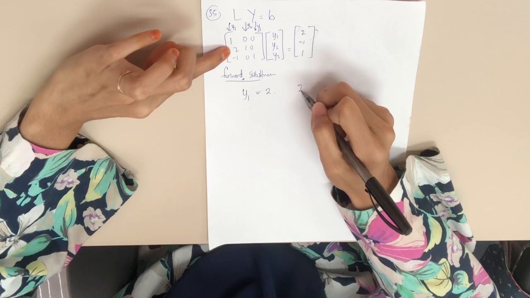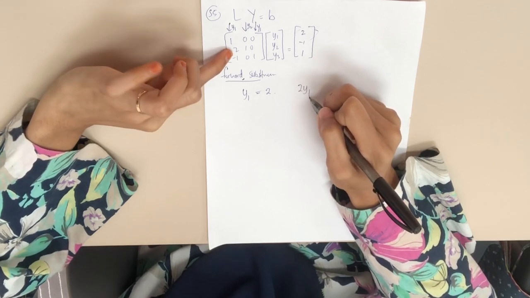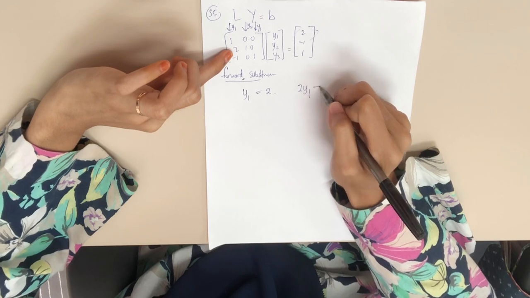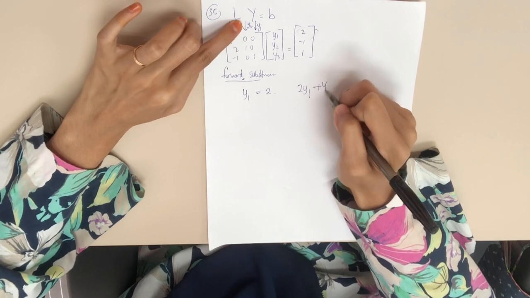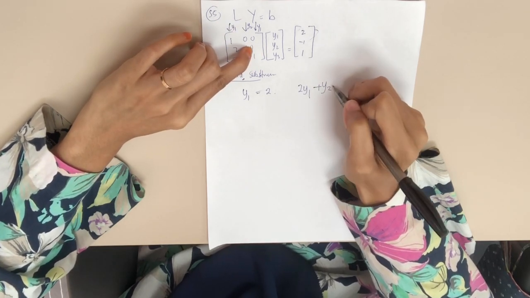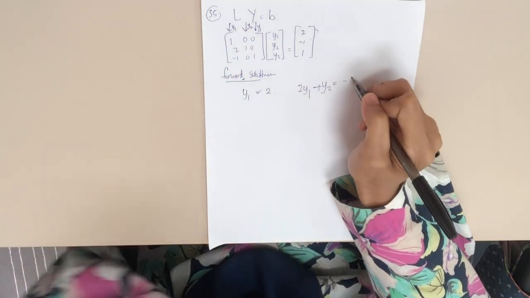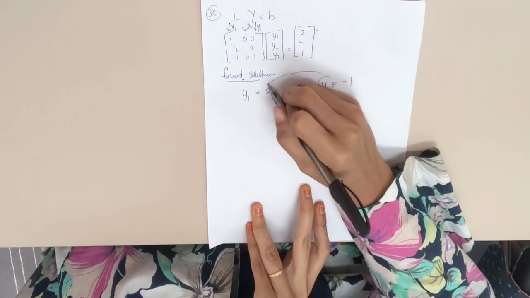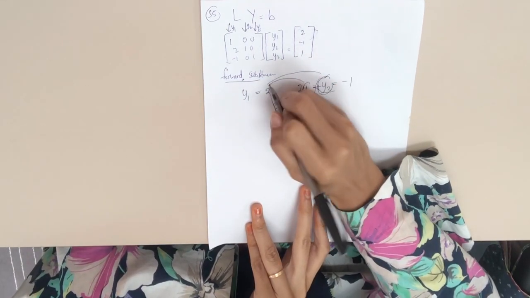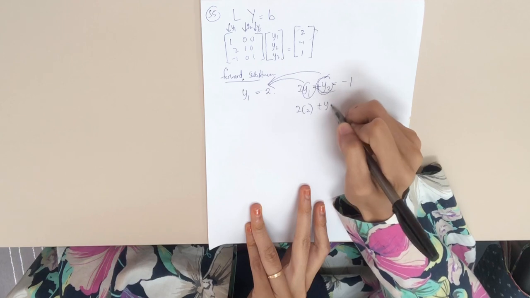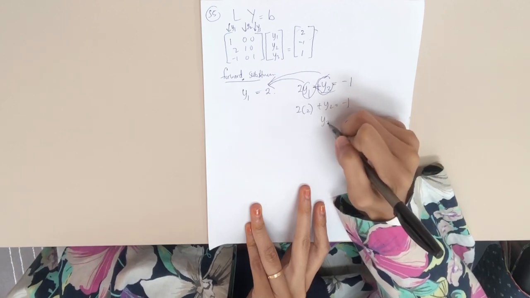Next you proceed with the second row. The second row here is 2Y1, because the 2 is located at Y1. And then you plus the second one, which is 1, Y2. And this one is empty, there is nothing. And then it's equal to -1. Now this value you already have, you already get from here. So you just substitute 2, so 2 plus Y2 equals -1. Therefore your Y2 equals